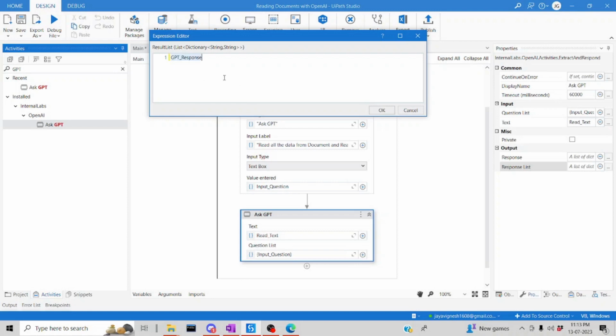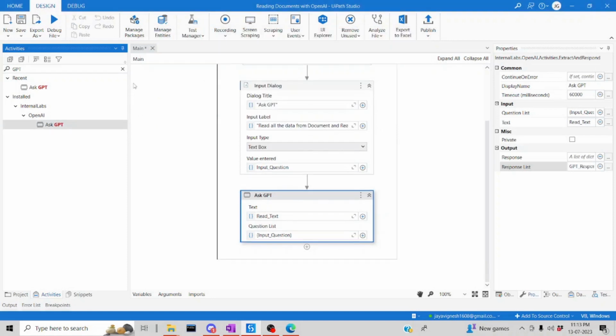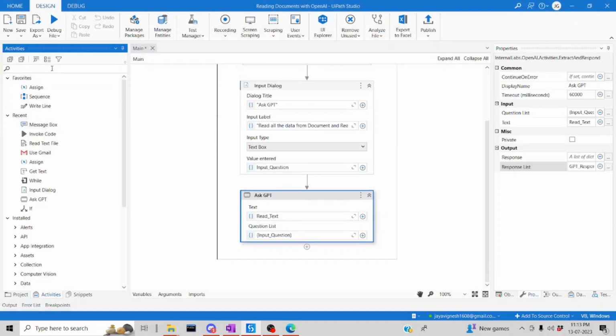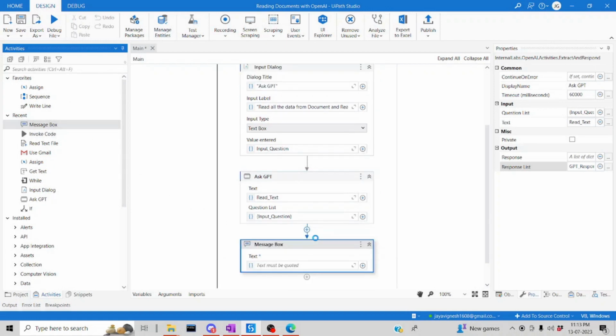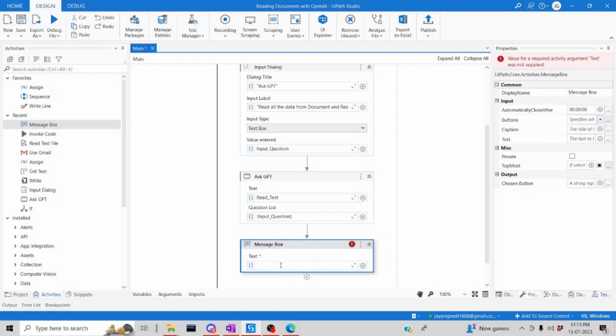Perfect. Copy, click on OK. So after that, you can drag and drop a message box where you can display our output. Okay, so let me